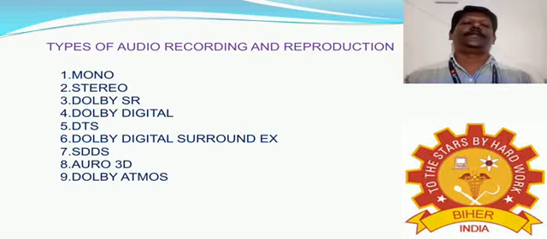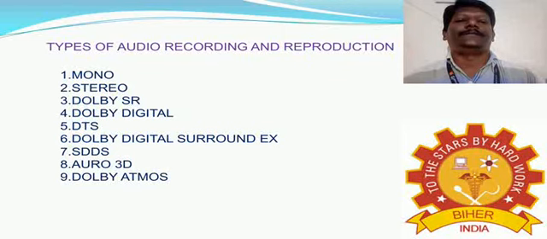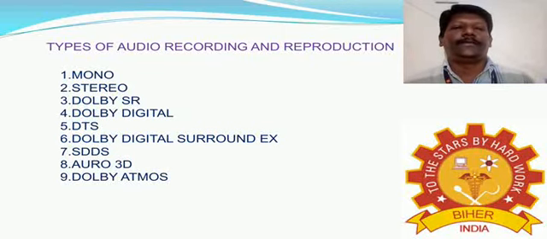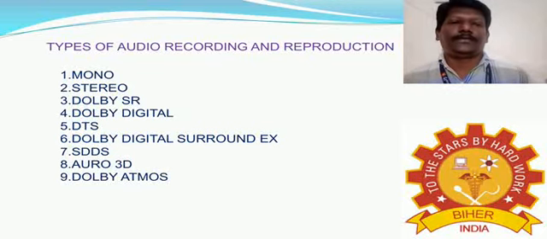The next one is DTS. It's also a 5.1 format. In this format, there are 3 speakers behind the screen and also a left surround and right surround and a subwoofer behind the screen. In this DTS format, sound information is recorded on disc, and video information is recorded on 35mm film. So how can they sync the sound information? By using time code, they can sync both video and audio.